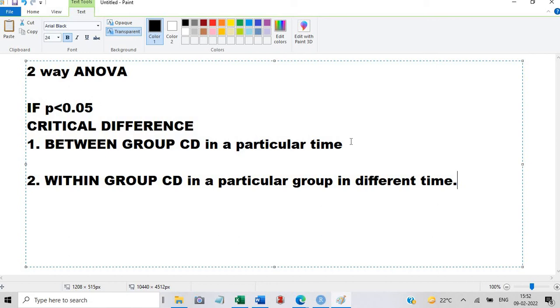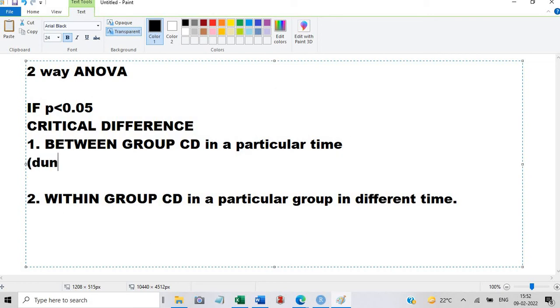In this case you can find the critical difference using, say, the Duncan test or DMRT, or you can use the Tukey test. Anyone you can do, but for within group variation you should not do the Tukey test or Duncan test. The reason is that for these tests the important thing is that the data should be independent.